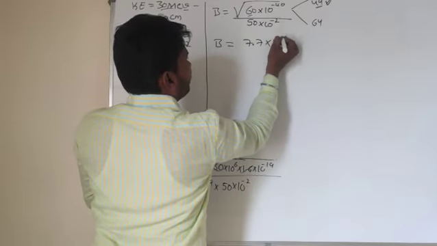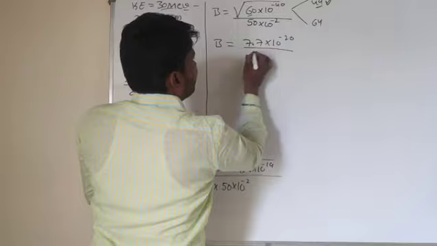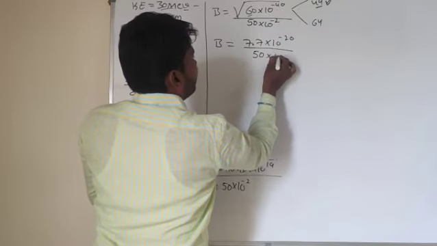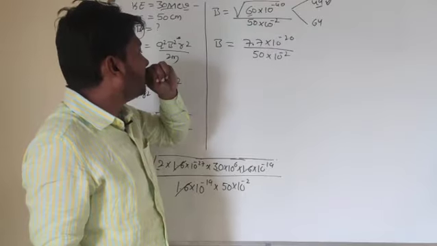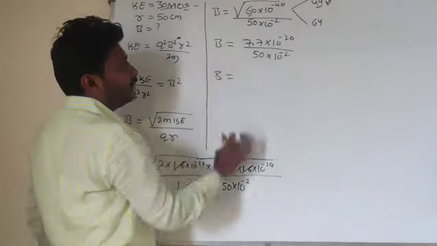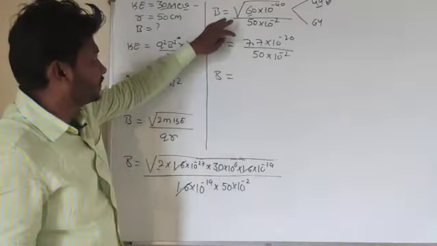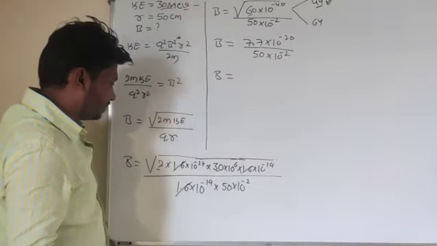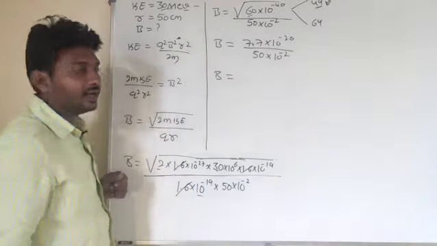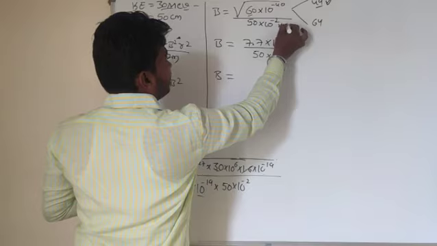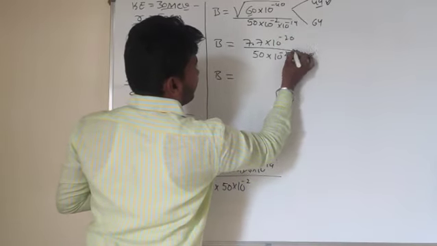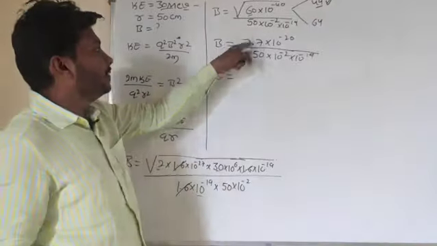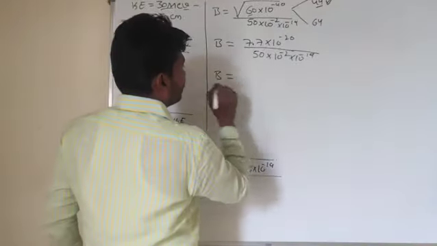7.7 into 10 to the power of minus 20 divided by 50 into 10 to the power of minus 2 here. What is that answer you will get? Divided by 50 into 10 to the power of minus 2 here. Sorry, look at here, the 10 to the power of minus 19 term is also there. 10 to the power of minus 19 into 10 to the power of minus 19. If you divide these two terms, you will get nearly